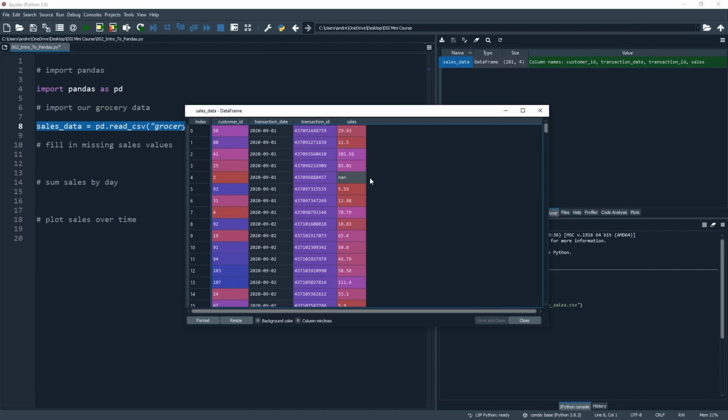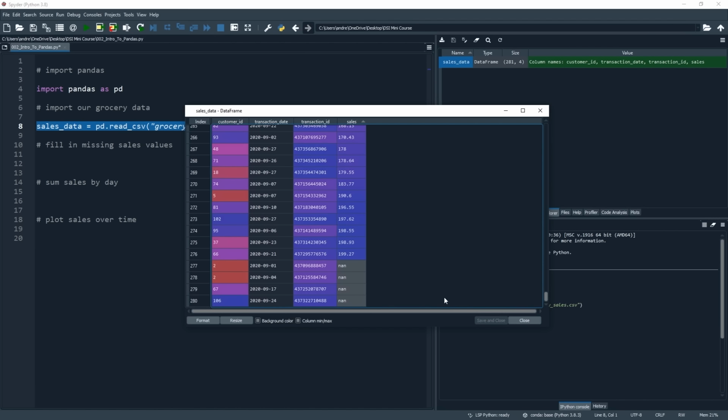Now, before we close this window down, I want you to notice something. In this 5th row of the sales column here, we have NaN, which stands for not a number, rather than a dollar value like we see in the other rows. And this is actually a row where the sales value is missing. And this isn't ideal. So before we get into aggregation, we want to put in place a really simple solution to remedy this and any other missing values in that column. And if we sort these values by just clicking the column header here and then scroll all the way down to the bottom, we can see that we have 4 missing values in our data.